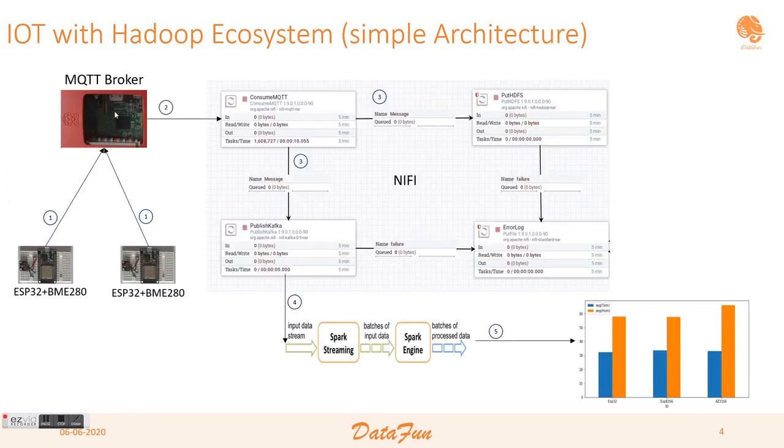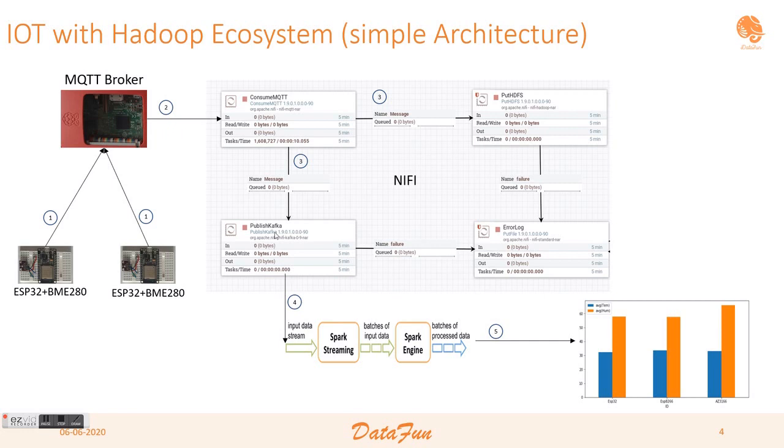In detail, we can see how the architecture looks on the consecutive slides. I have an ESP32 with BME280 sensors which will be sending JSON data to the Raspberry Pi where I have installed Mosquitto, an MQTT broker. Then I have NiFi. Inside NiFi, I have a ConsumeMQTT processor which will consume the data from the Raspberry Pi. Then I have created a PutHDFS processor, which will dump the data into your Hadoop cluster, where I can use it for future analysis. So it's just a dump I'm putting in.